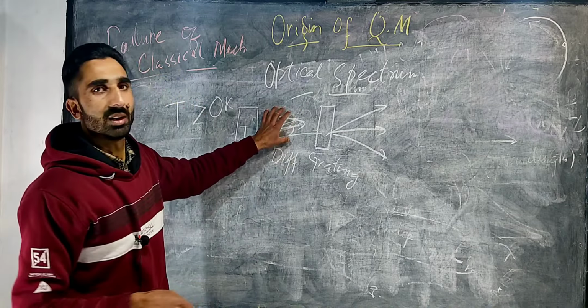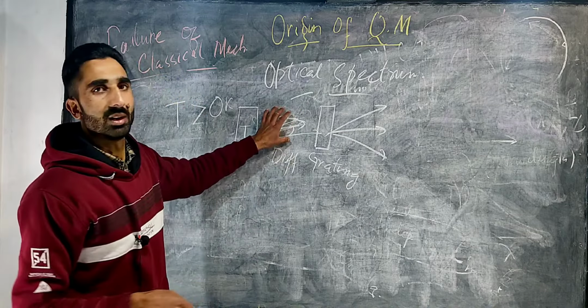If this bunch of photons has different kinds of frequencies and we pass the beam into a diffraction grating, which has some grooves inside it,